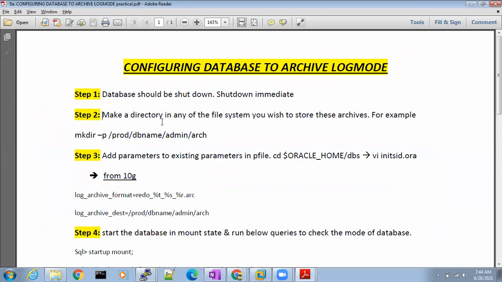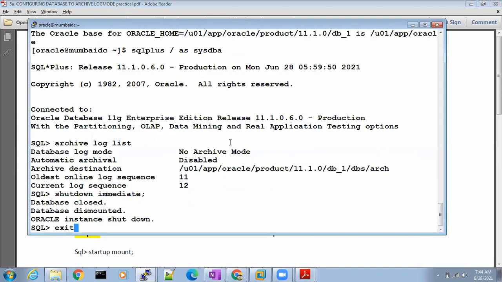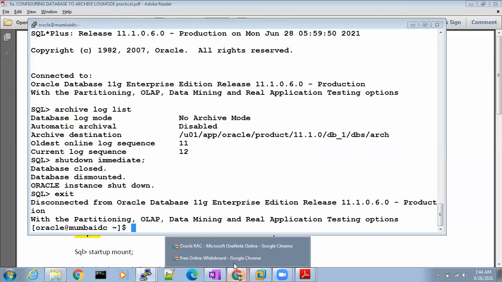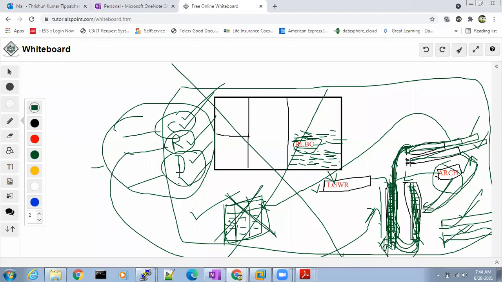Second step: make one directory in any file system where you want to store the archives. I want to store the archives somewhere, right? These are the archives: archive 1, archive 2, archive 3, archive 4. They keep on generating whenever a log switch happens.